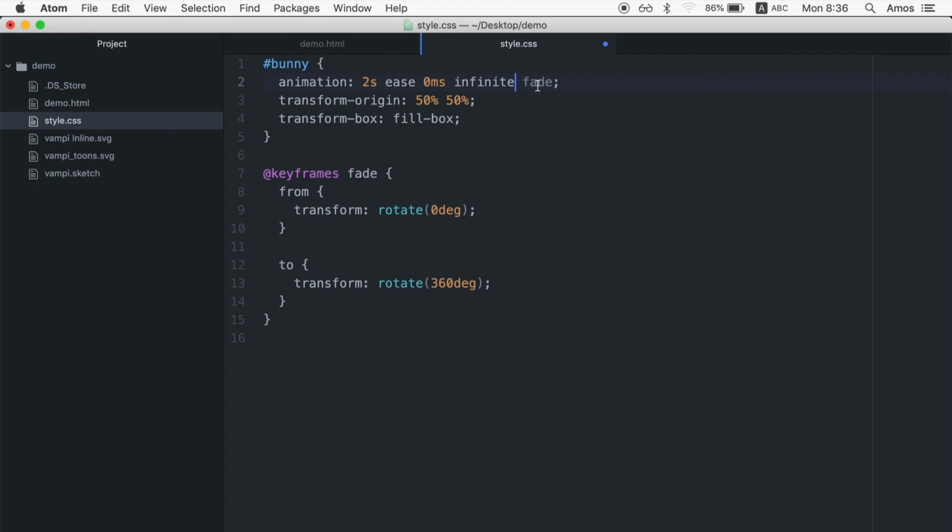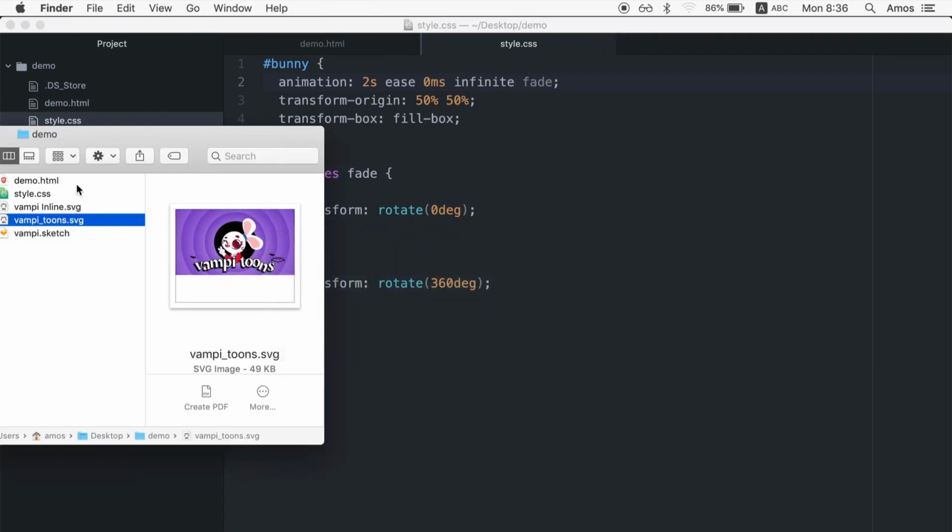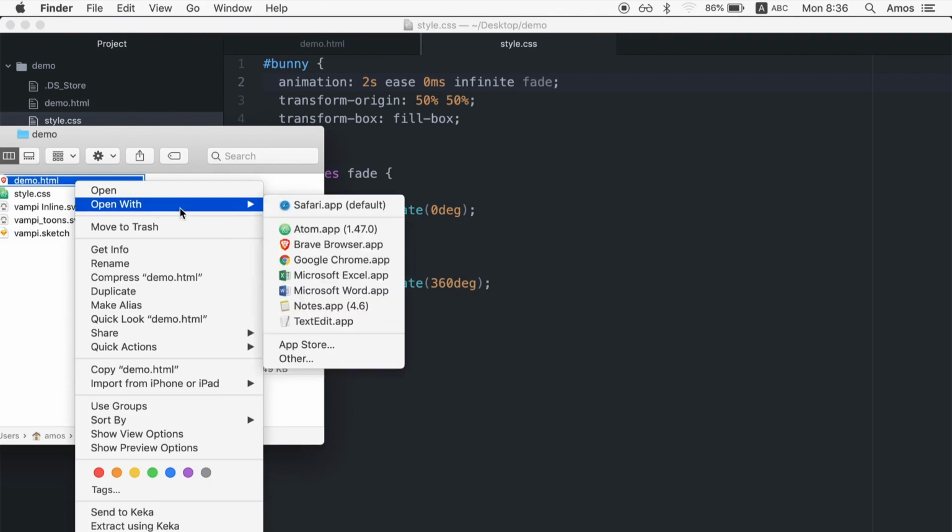And it has the fade property, which is this one in the keyframes. Now basically you can make the keyframes go from 0 to 100, which is what it says right here, from and to. Okay, let's save this style CSS and then open it up in our favorite browser,